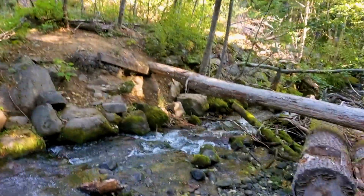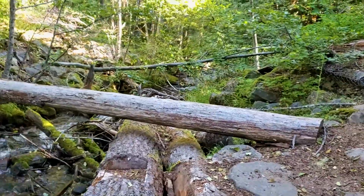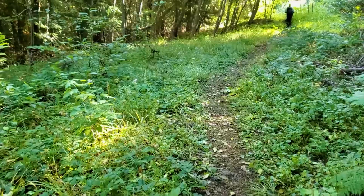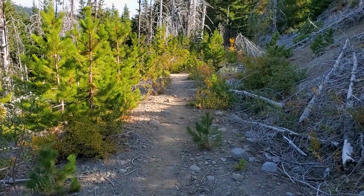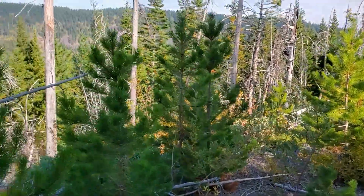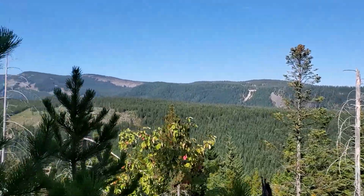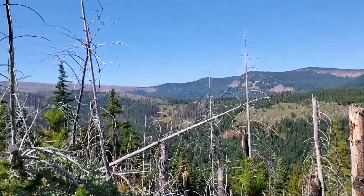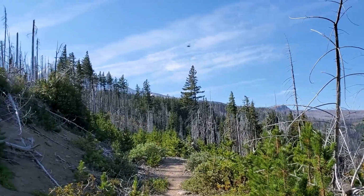Well, it starts out with a little bit of a water crossing, although there's pretty easy ways across. And now it looks like an old road bed for a little ways, and then we'll be on up the hill. We're still following this old road bed up, but let's open it up here and we have a little bit of a view. And the mountains up there behind the...